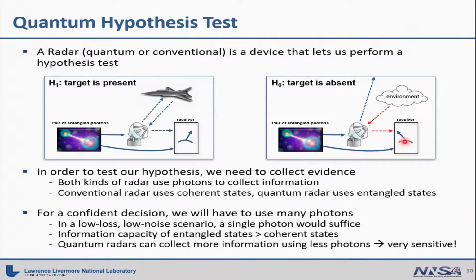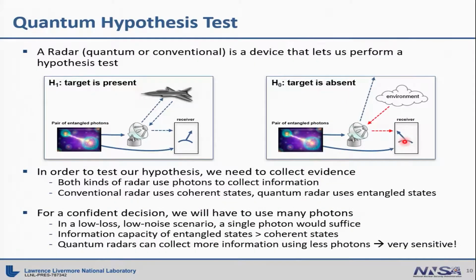So in that scenario, one photon would suffice, honestly. However, if you allow for loss and noise, now just because that photon may or may not come back to you, you can't be sure that it's actually the photon you sent out, even by checking the correlation with the oscillator. And so you're going to demand that you actually have more than one photon. You're going to have to transmit many, many photons and then look for these strong correlations on all those photons